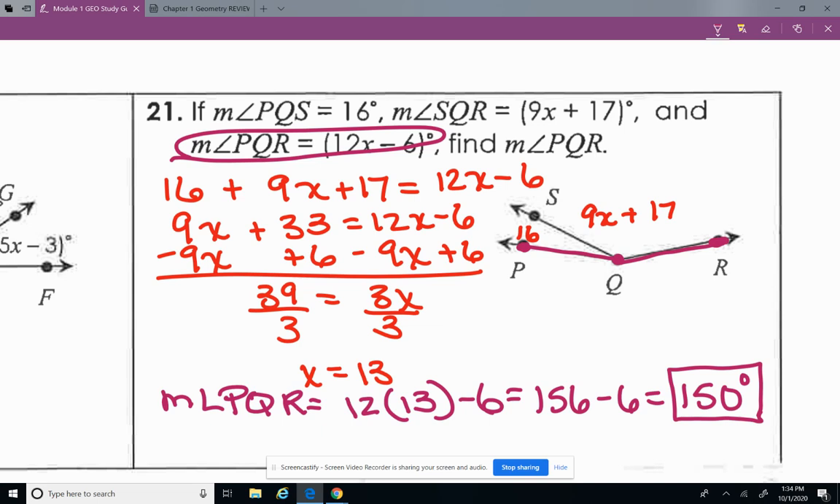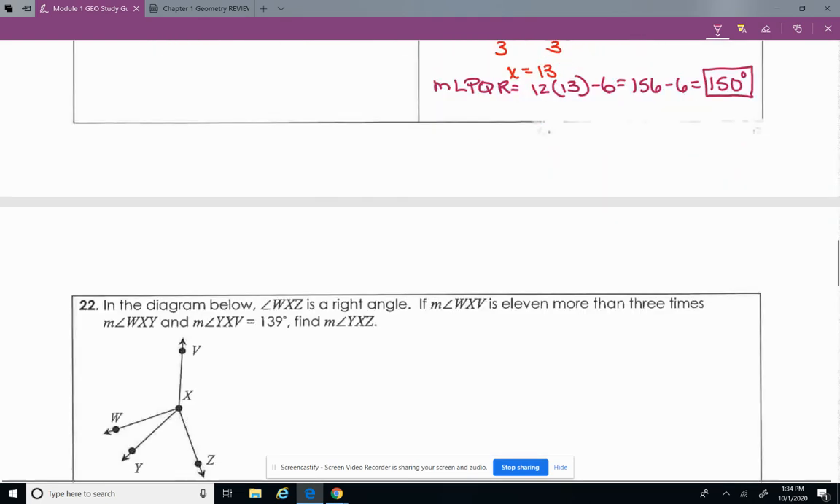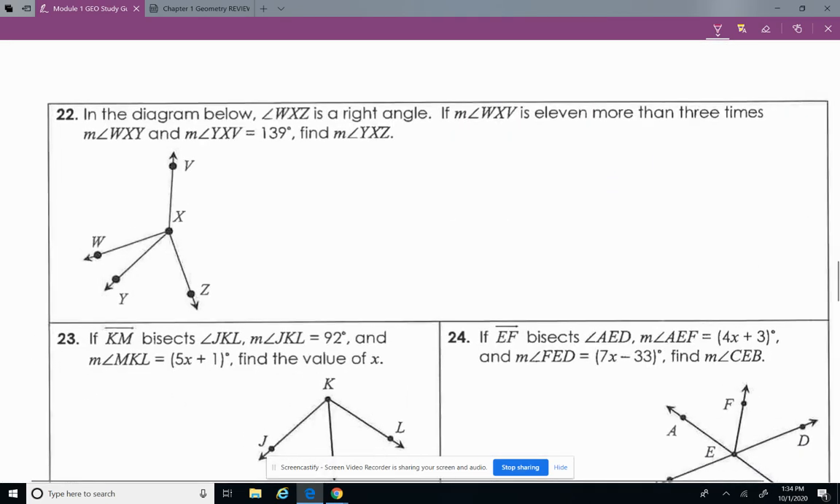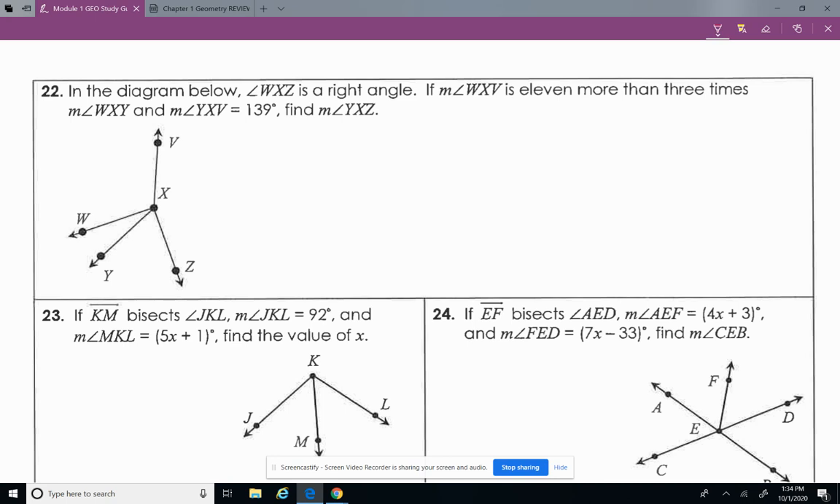All right, if you have the papers in front of you, you got to flip and go to the next page. We're going to do the next one. We're going to do 22. In the diagram below, angle WXZ is a right angle. WXZ. Okay, so I'm going to put a box right there. I've taken care of that information. If the measure of WXV,